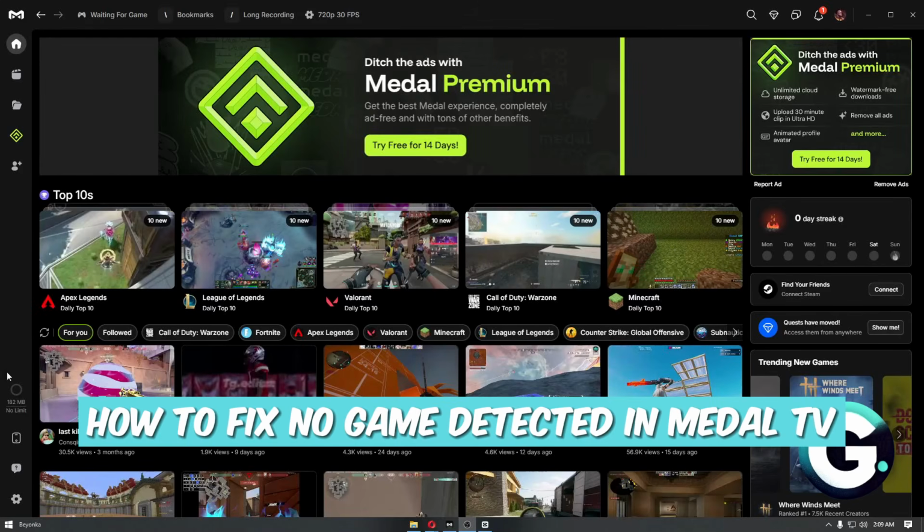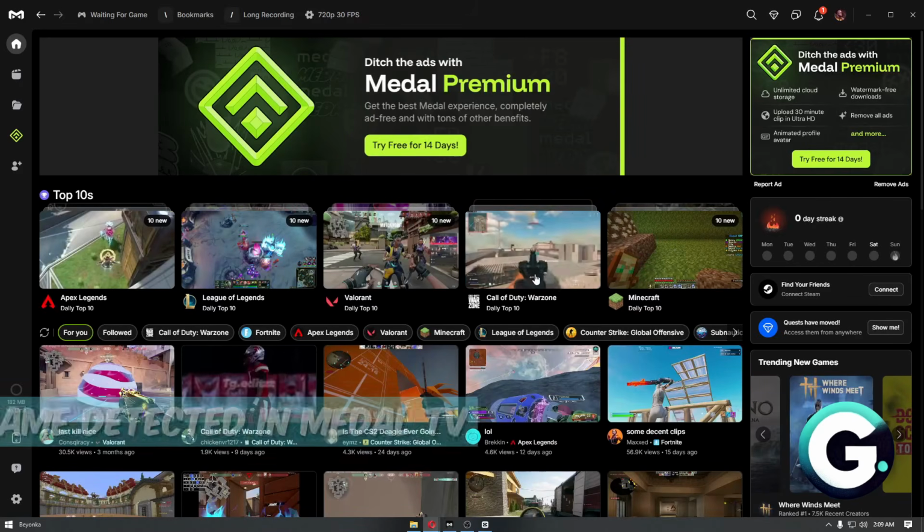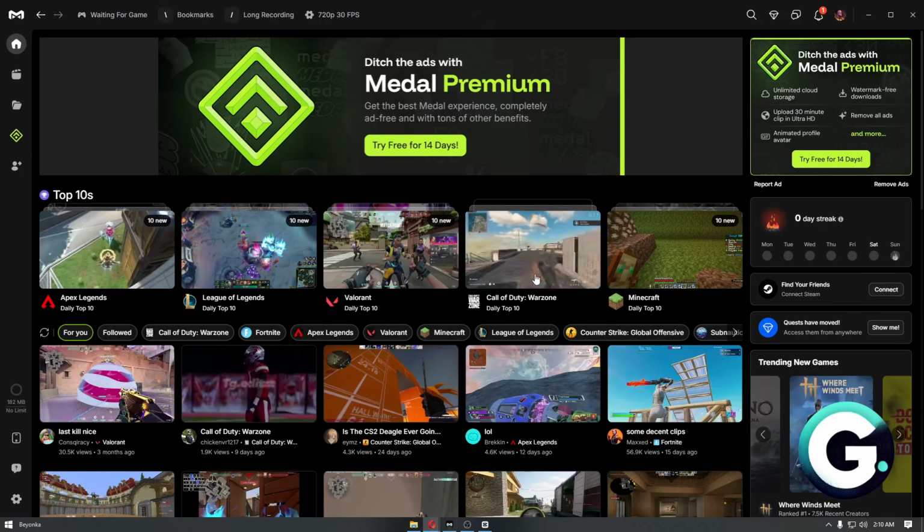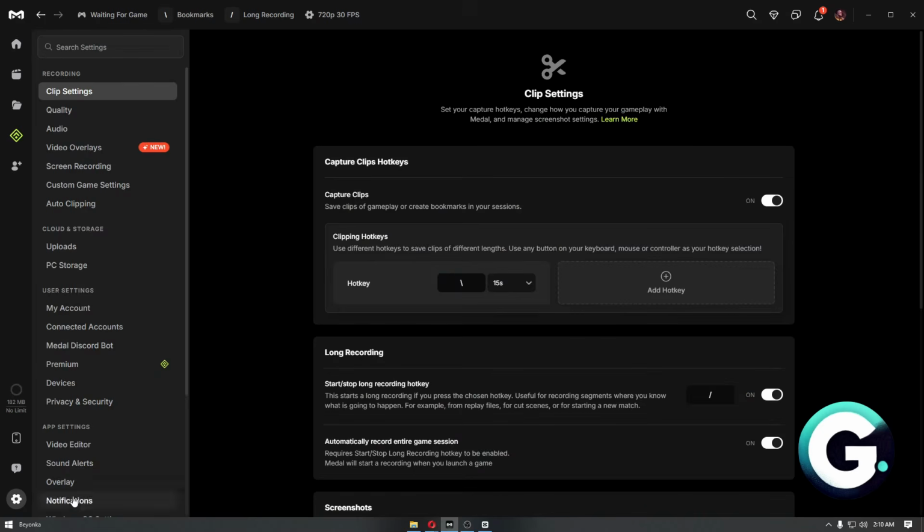In today's video, I'll show you how you can fix no game detected in Medal TV. So, the first thing that you want to make sure is to go ahead and open up your game and make sure that it is set on borderless or full screen to make sure that the video game is detected on Medal TV. From there, you also want to head over to the application, click on settings,